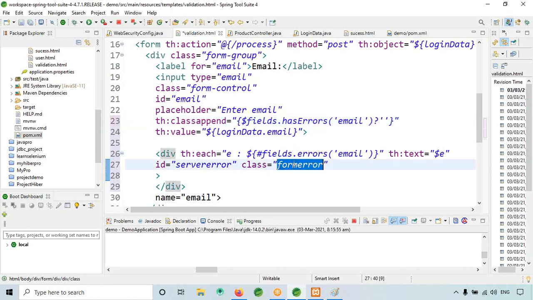We have to call this here, like this, colon, like this we have to put.